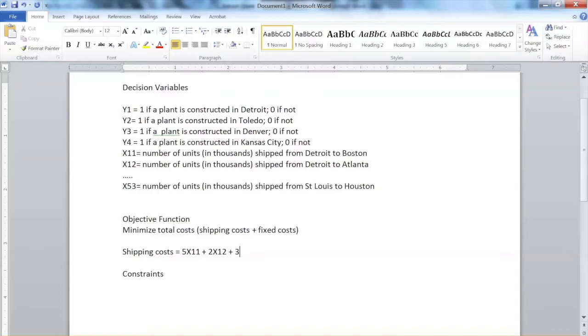Basically, we multiply the shipping cost per unit by the number of units. For example, the shipping cost to ship units from Detroit to Boston is 5 times X11. Use the same logic for each route. We'll have the total shipping cost expression as 5 times X11 plus 2 times X12 plus 3 times X13 plus